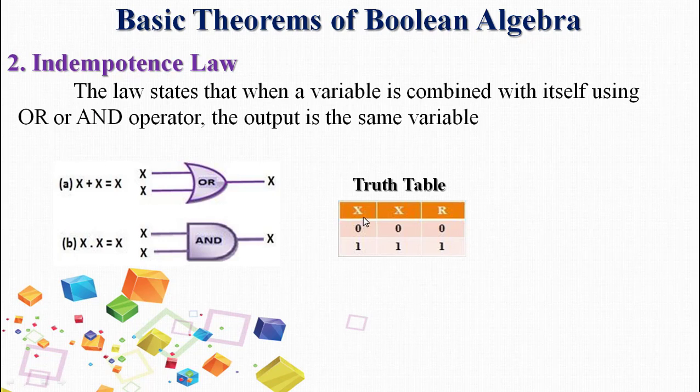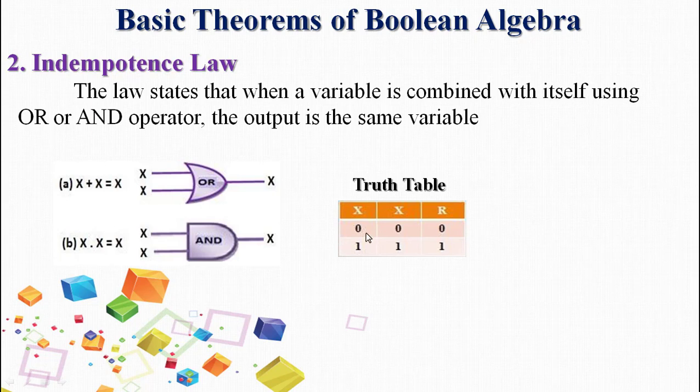So x being a variable, it can take 0 and 1. So there are 2 values for the input. The same input is repeated once more, so it is 0 and 1 in the next input line also.